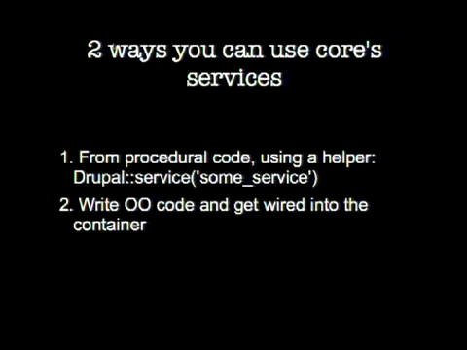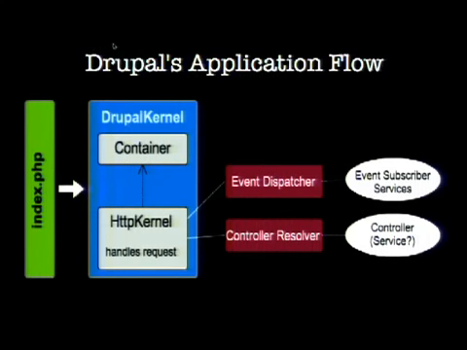So the preferred option is to write object-oriented code and get wired into the container. Now, this diagram quite possibly breaks all kinds of rules in terms of diagrams. It was just my attempt to get across, in as simplistic a way as possible, what the actual application flow is in Drupal, like how does the container get instantiated, etc. So basically what happens is